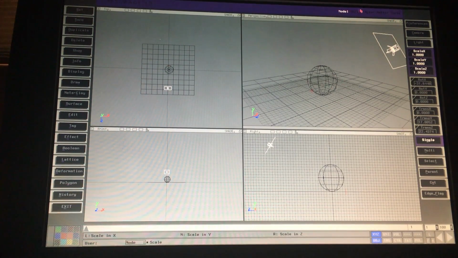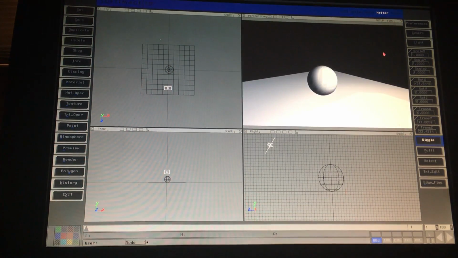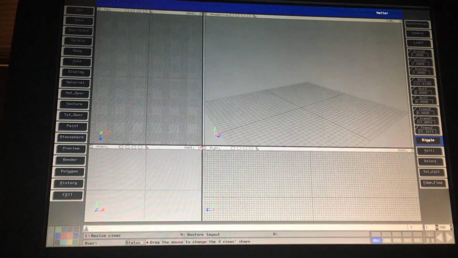Now we're going to switch from modeling to rendering. We're going to go to matter up here, that's the blue window, and switch back to this shade here. What we're going to do is a test render with mental ray. So there's two ways to render. One is intended for quick feedback, and the other is your final quality render that you render out to a file. I'm going to hold W and pull this window out a little bit more